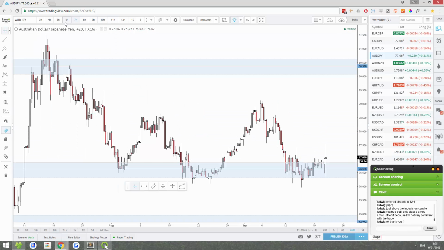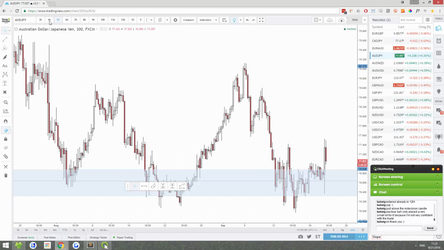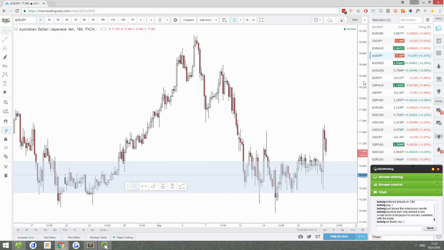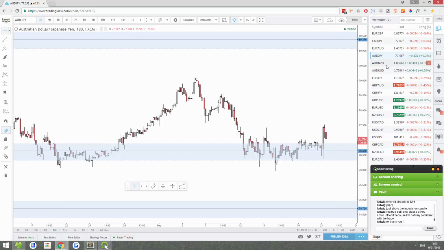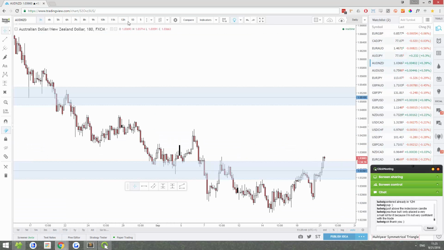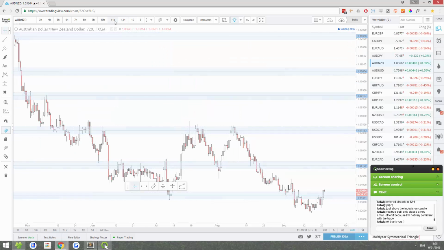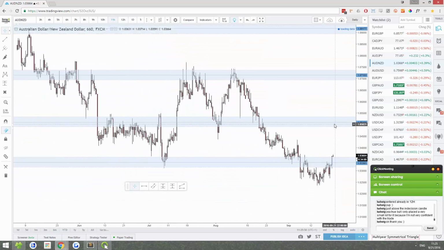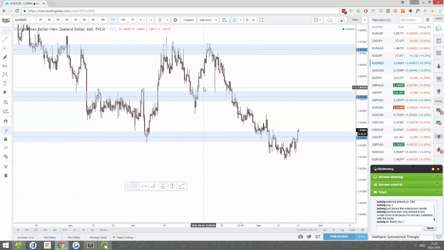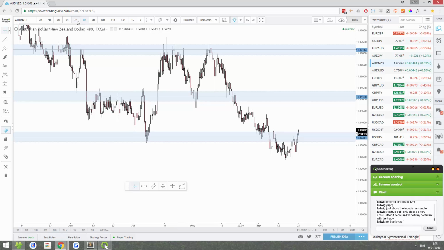AUD JPY is still just doing what it was doing last week, being annoying and not producing much in terms of good price action setups. I mean, AUD New Zealand. AUD New Zealand has completed